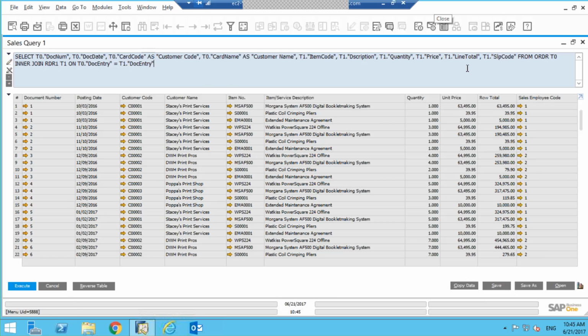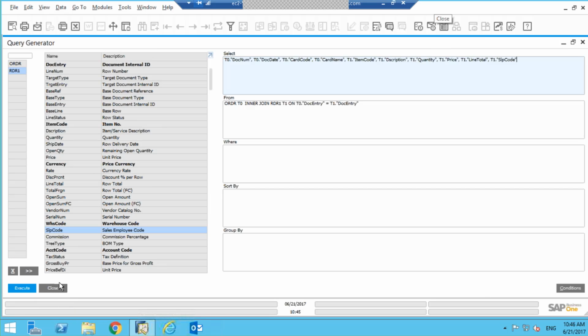Again, I could freehand, I could type it in this window, but let's go back to the query generator window over here. And what we want to do is add 2 things. We want to add the OSLP table, and then we want to add the SLP field to our query. Now, there's 3 ways to do this, right? So,